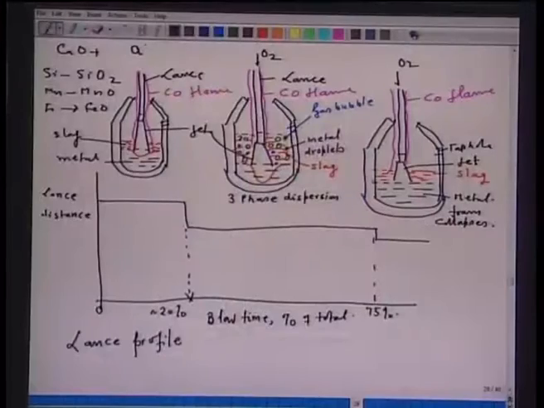Now, before I go further in detail, I have superimposed on this lance profile the physical and chemical interaction between oxygen jet and molten bath. So, if you see in figure A, as the lance distance is higher, what happens? Oxygen jet hits the bath, and the red line that you are seeing is the depth of penetration. As the oxygen jet hits from a relatively higher distance, the depth of penetration is shallow, and